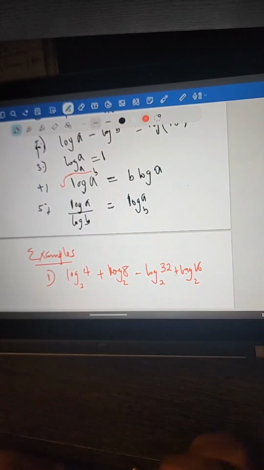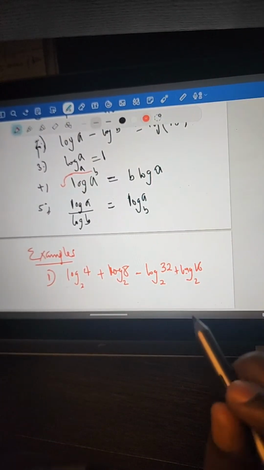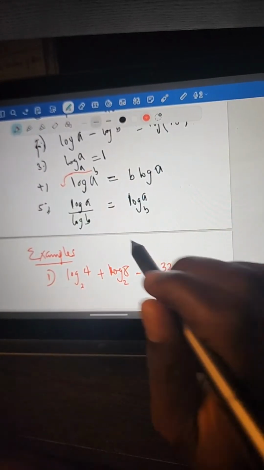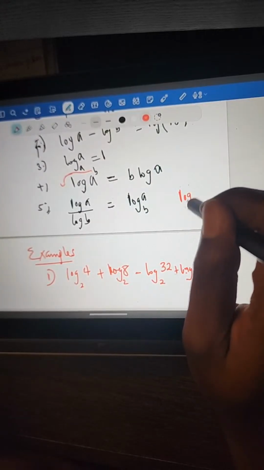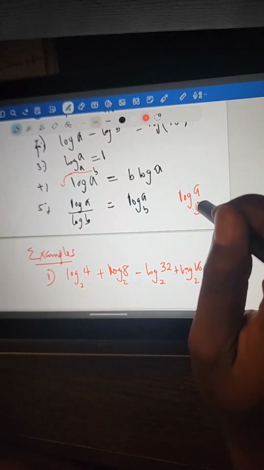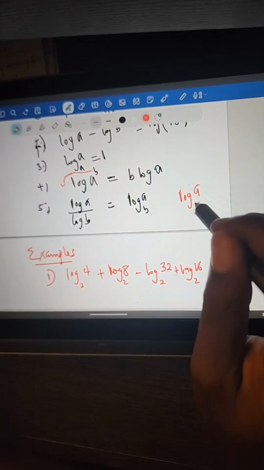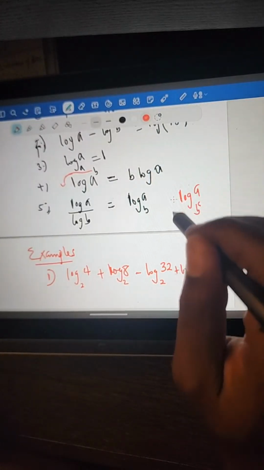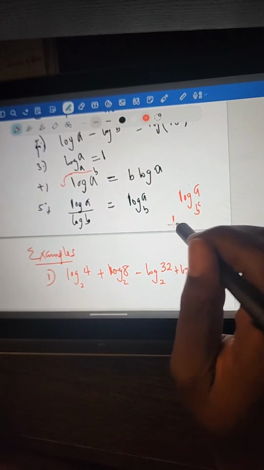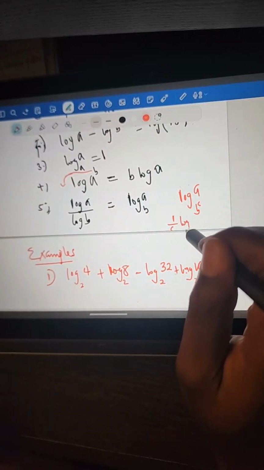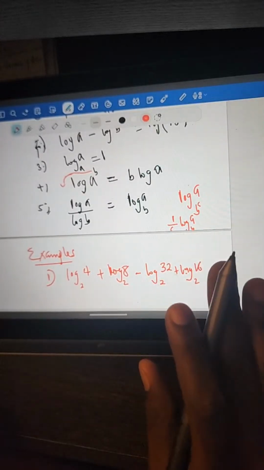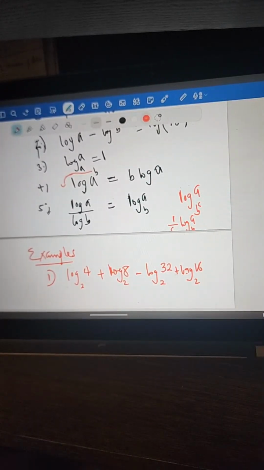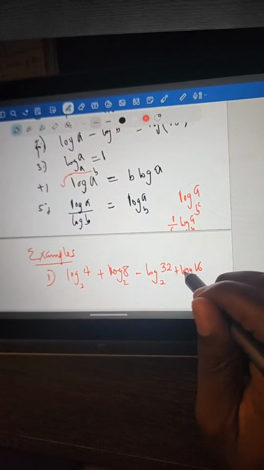Now, about this log, I think I missed one of the rules of logarithm here. You see, if you have log A and we have B to the power of C as the base, and you want to move this C in front, this is going to be 1 over C log A base B. So I want you to know this, okay? Now, to solve this question,